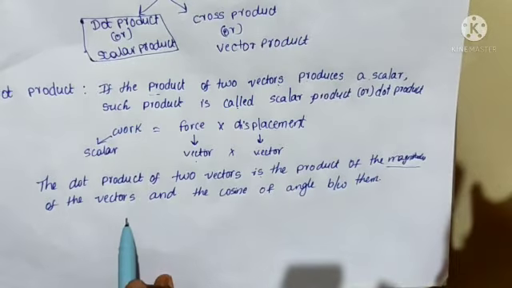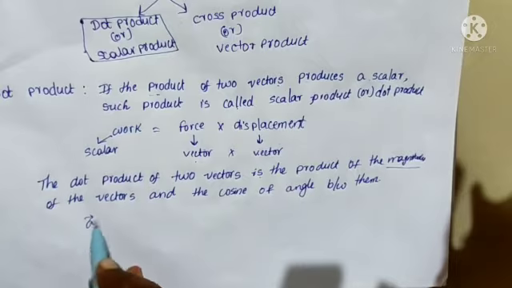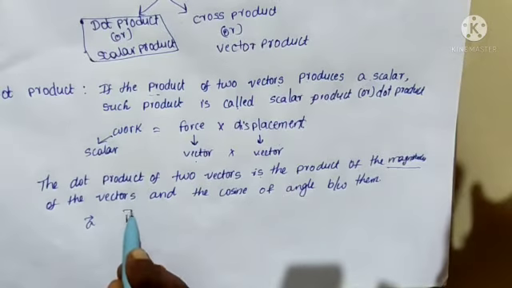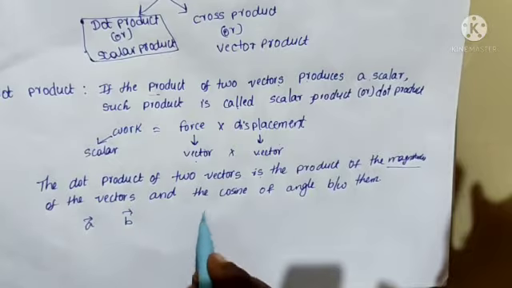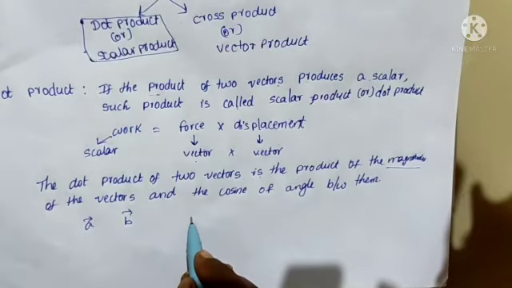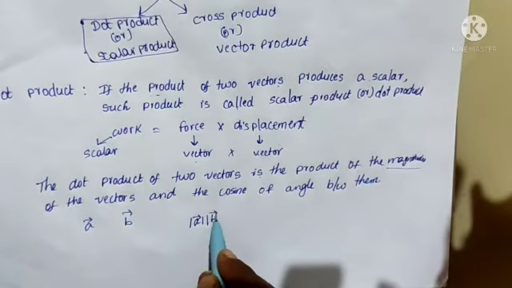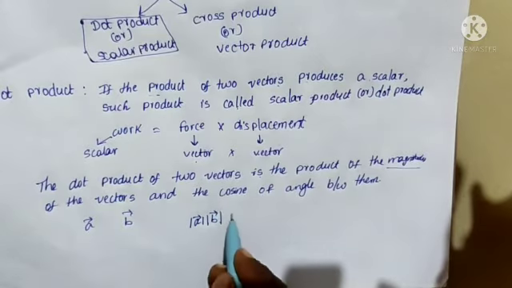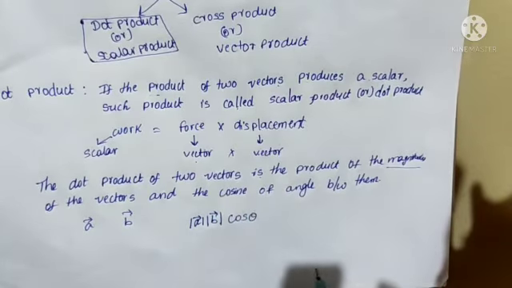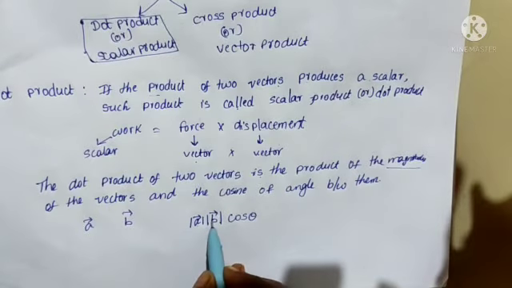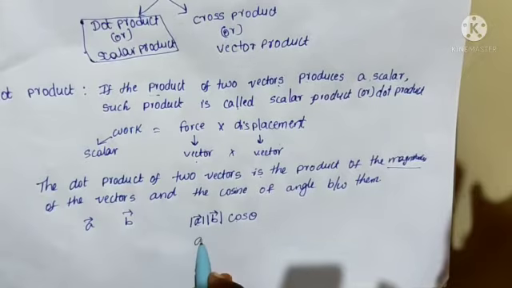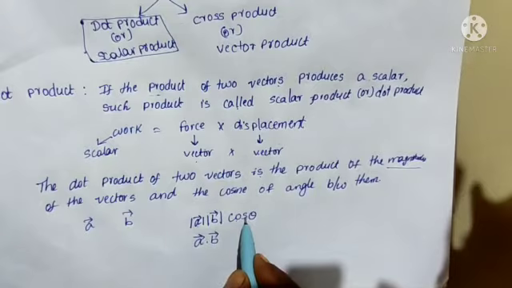Now how can you represent it with the formula? I am taking a bar and b bar, two vectors. Now I will write that in the formula. You know that for magnitude representation, we can write modulus of a bar and modulus of b bar. So this is the product. When we write the magnitudes of the two vectors and the cosine of the angle between them, it is cos theta. Now here the cos theta is replaced by a dot. So simply we can write a bar dot b bar. So this is the dot product representation.